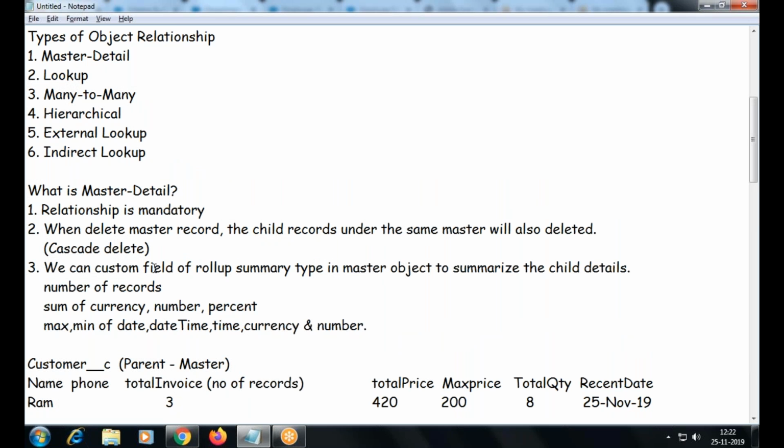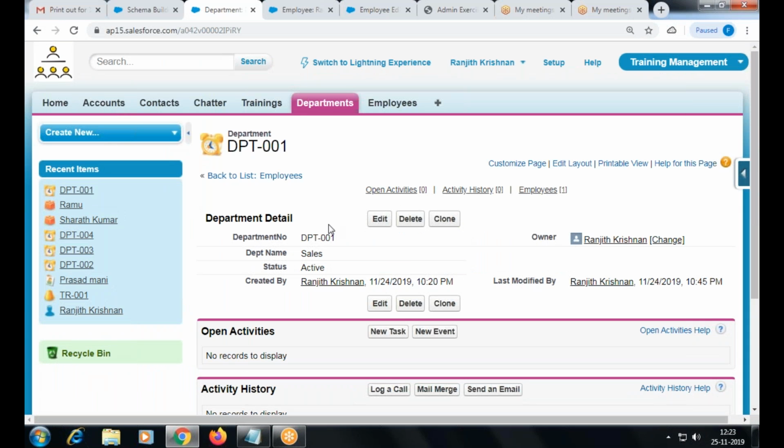How are we going to create it? By just creating a field of type roll up summary. This field you can only create on a master detail relationship, not in lookup. Not in any other relationship, only in master detail. So on which object can I create? Department or employee? Department, right? I go here.